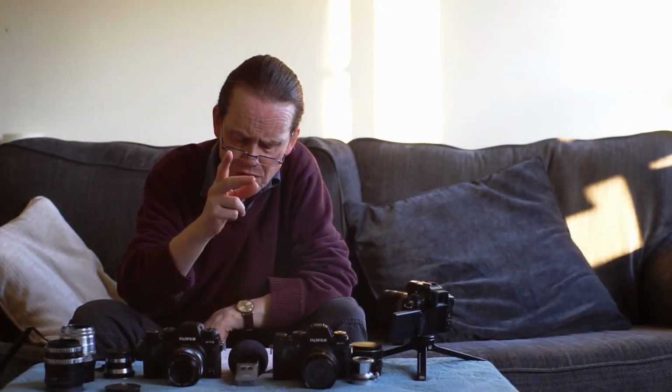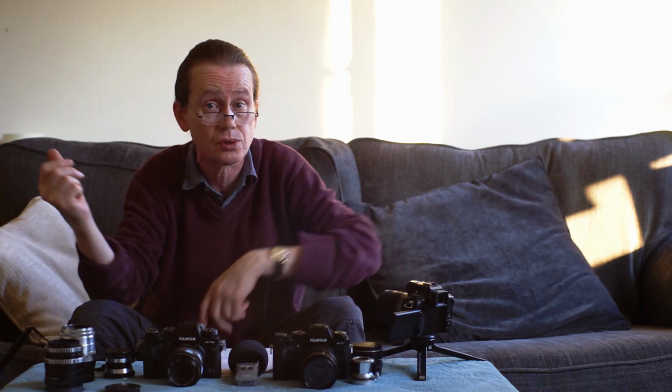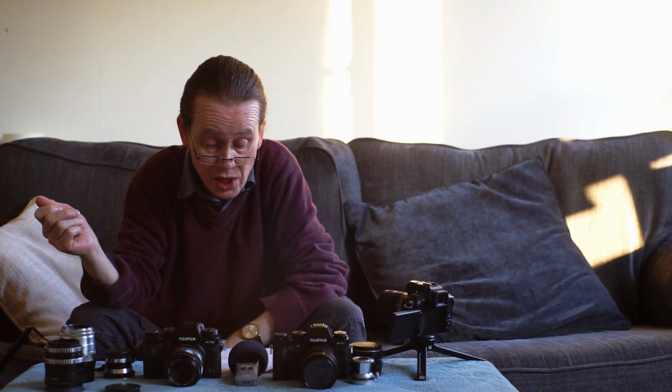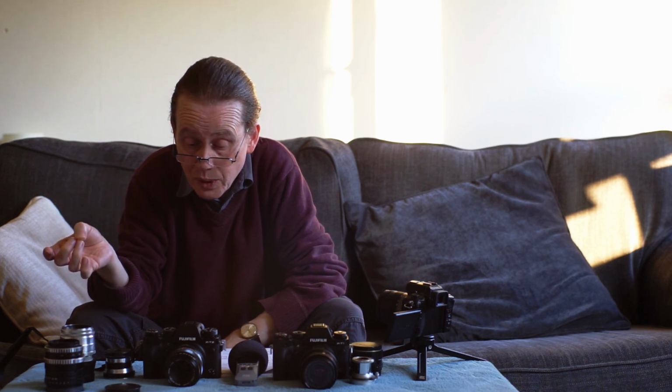They do have a different sensor. Both are APS-C sized sensors. The X-T1 has an X-Trans 2 sensor with 16 megapixels, which is more than enough resolution for almost all of us, unless you really are blowing those prints up to enormous proportions. 16 megs is entirely adequate, in fact more than adequate. The X-T2 has a bump up in resolution to 24 megapixels and it has an X-Trans 3 sensor,